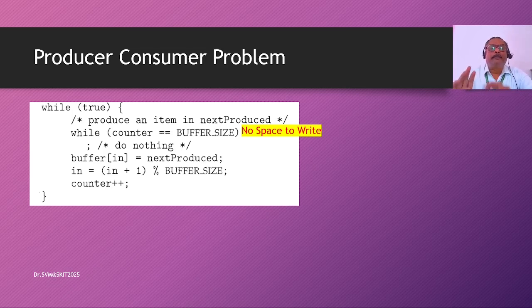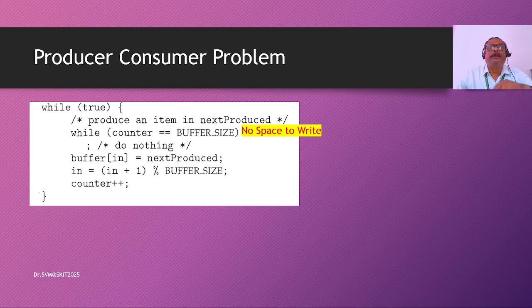The moment the counter is less than the actual buffer size, that means some space is made free, that is, something is consumed, then we have space in the buffer, so we write the next produced information onto the buffer